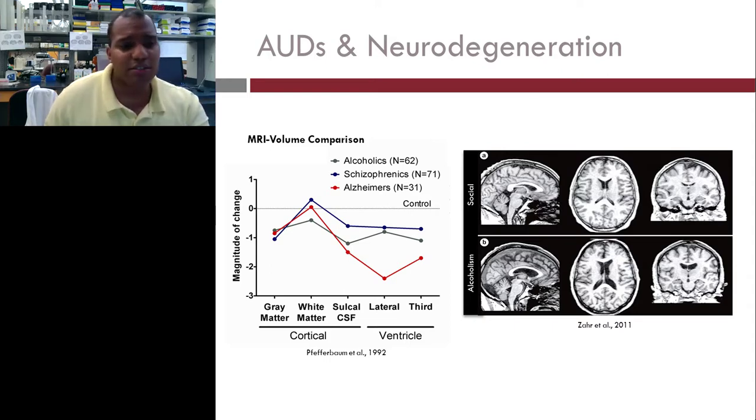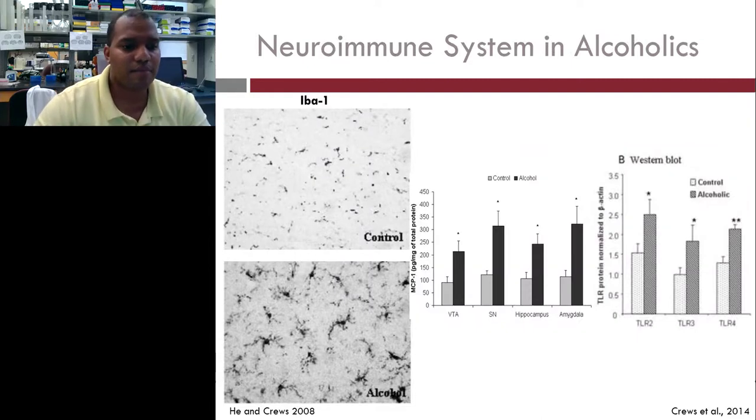My interest in the neuroimmune system originally started because of changes associated with damage. When you think about the neuroimmune system, people often consider how neuroinflammatory responses lead to neurodegeneration. This is true in multiple sclerosis, it's true in Alzheimer's disease. What clinical studies have shown is that alcoholics actually do have symptoms or signs of having some kind of neuroimmune response. On the right, it says IBA1, and IBA1 is a marker for microglia.